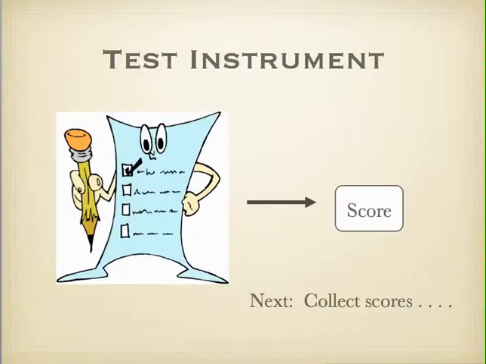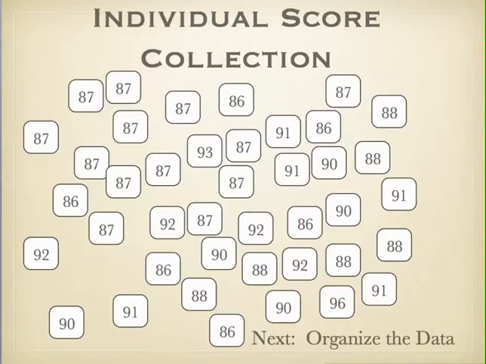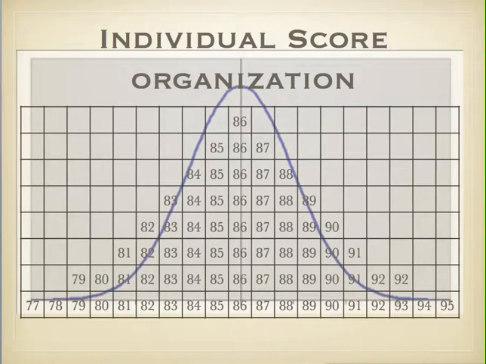Now, how does that happen? So let me give you an example of how that might occur as a result of a particular test. And in giving that test, you score it. And you might get any number of numbers. And so I just randomly scored a hypothetical exam and put all the numbers out here. If the particular class or the group that was given this